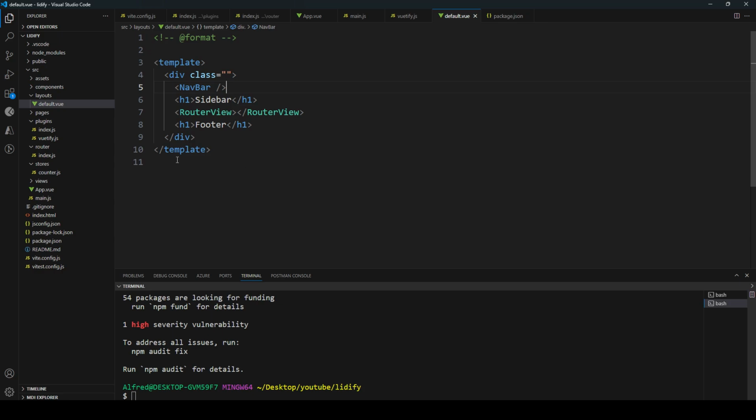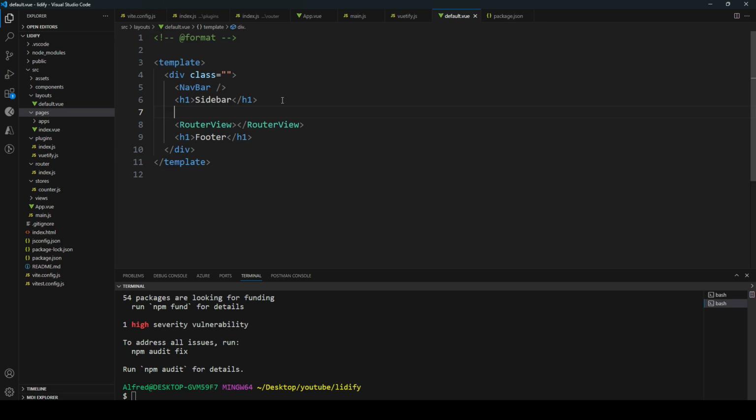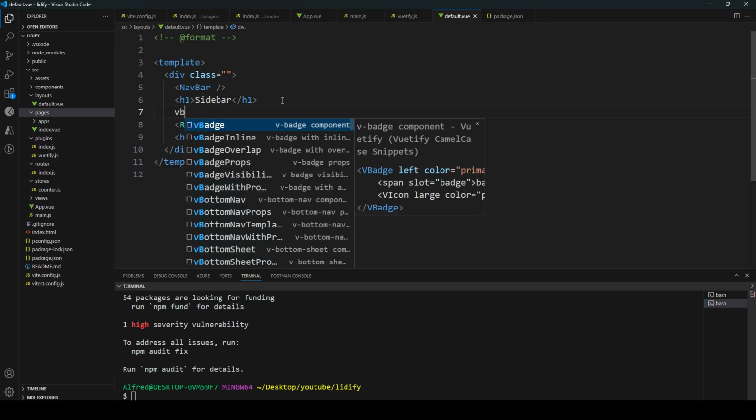Let's go ahead and try that and see if it's going to show what we have already. So let's try to have a button here. I'm going to have a V button